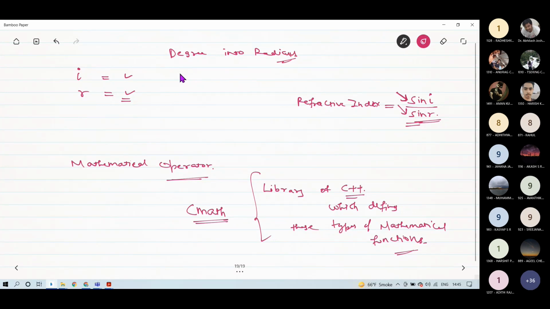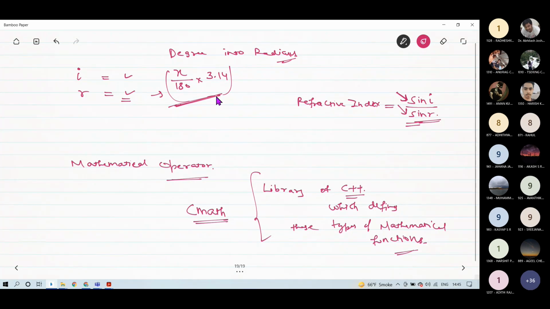let's say x is the angle in degrees. If you divide that x by 180 and multiply it by 3.14, then this expression will convert a value of angle in degrees to a value of angle in radians.